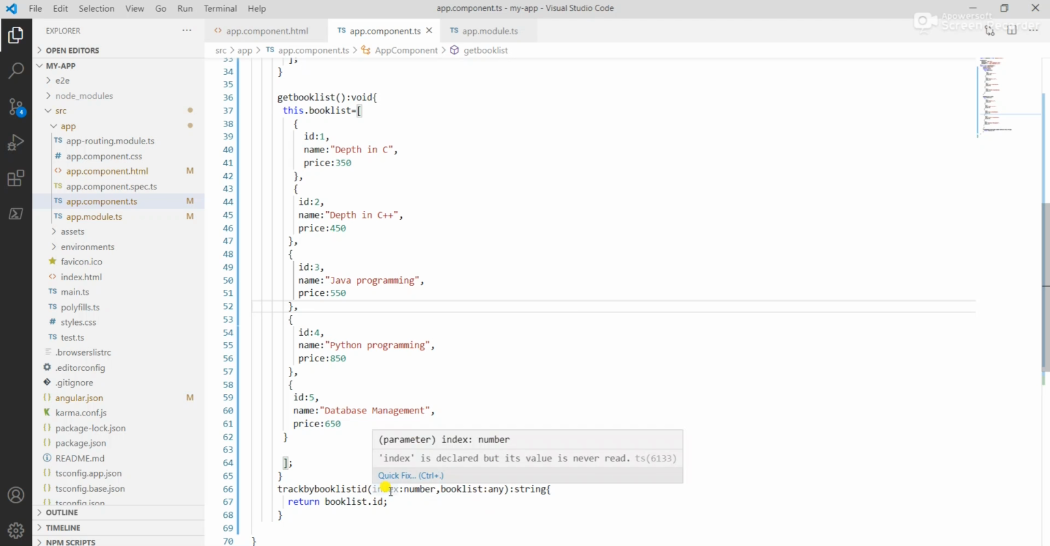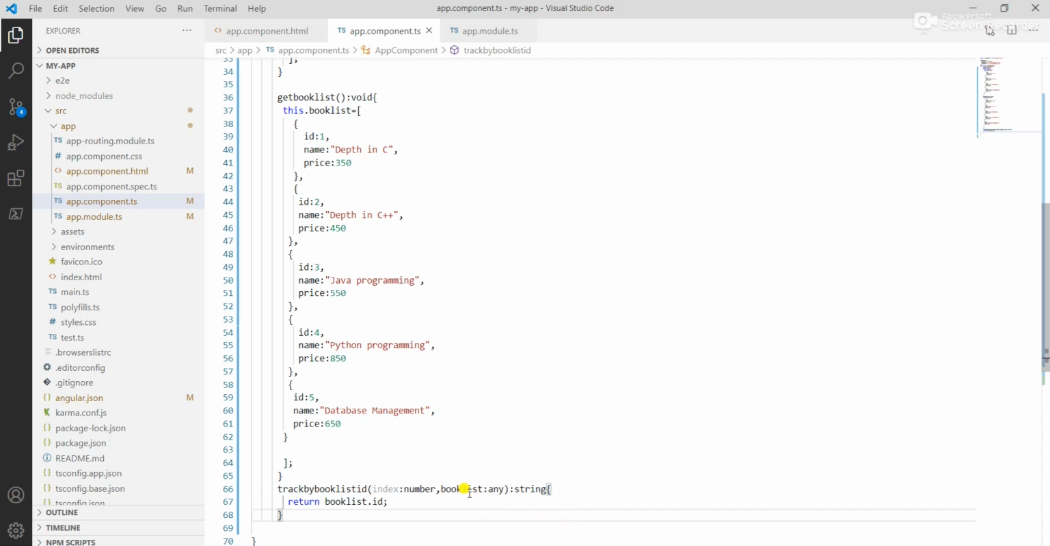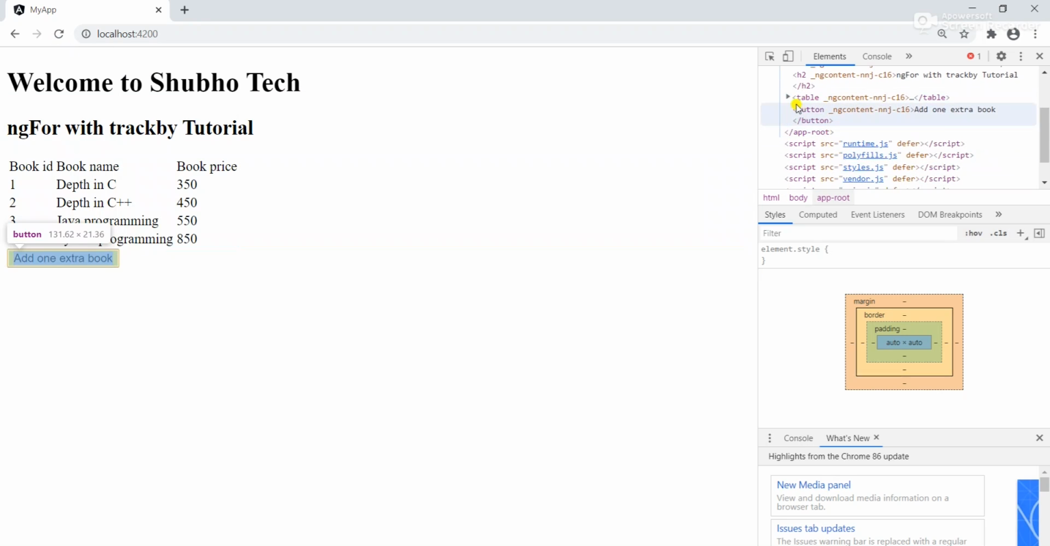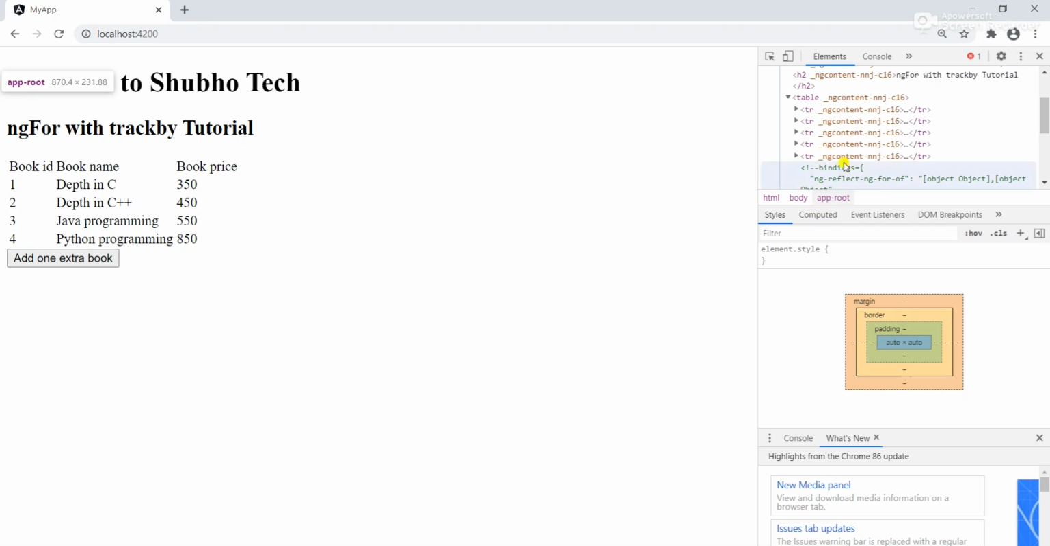So the function takes the index and the book list item. I don't use the index. It returns the book list id, the unique or extra id that is available in the get book list. If I go to the browser, refresh it again, and look at the table here, when we click this button, add one extra book, you see here